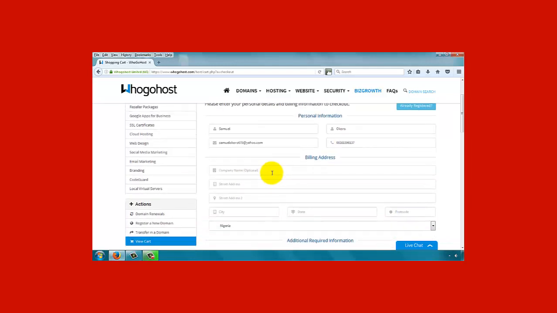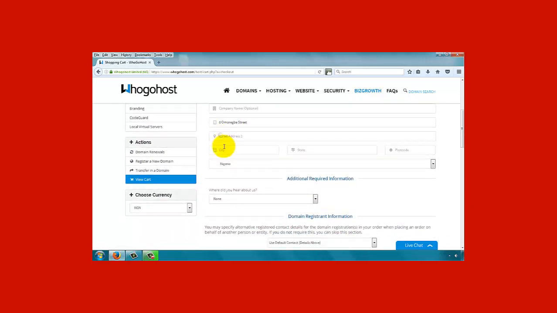For billing address, you can use your address or an address that is accessible to you. Company name is optional, so we'll skip that. Street address. If your street address is on 2 lines, you put it on the other line. If not, you go to city, enter your city, enter your state,